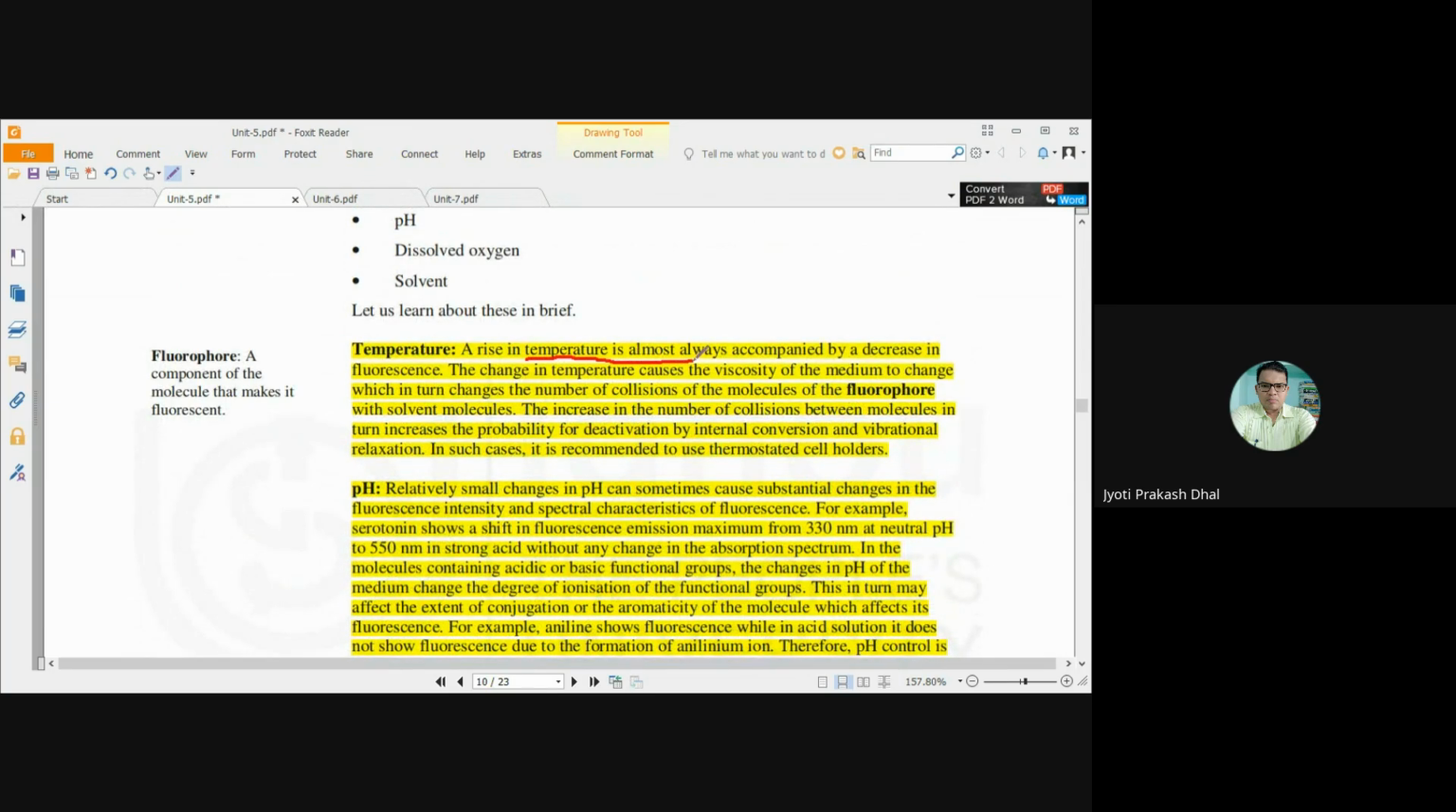A rise in temperature is almost always accompanied by a decrease in fluorescence. The change in temperature also causes the viscosity of the medium to change, which in turn changes the number of collisions of the fluorophore with solvent molecules. Fluorophore means the molecules which show the fluorescence property. So an increase in the number of collisions between the molecules in turn increases the probability of deactivation by internal conversion and vibrational relaxation. So in such cases, it is recommended to use